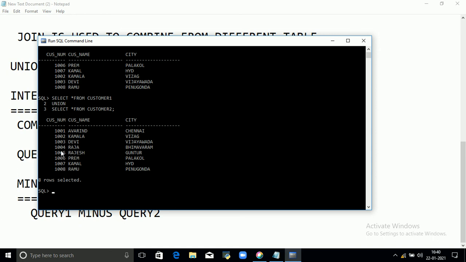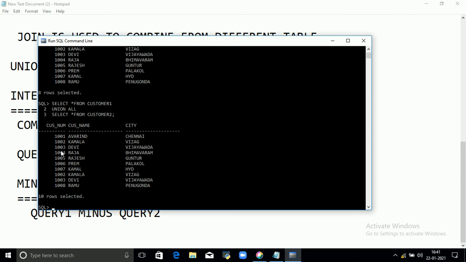If you have data with duplication, then you have to use union all. So let us execute the query: select star from customer 1 union all select star from customer 2.